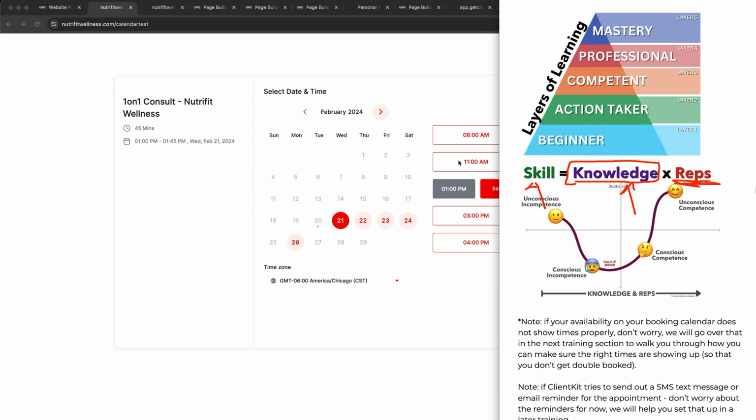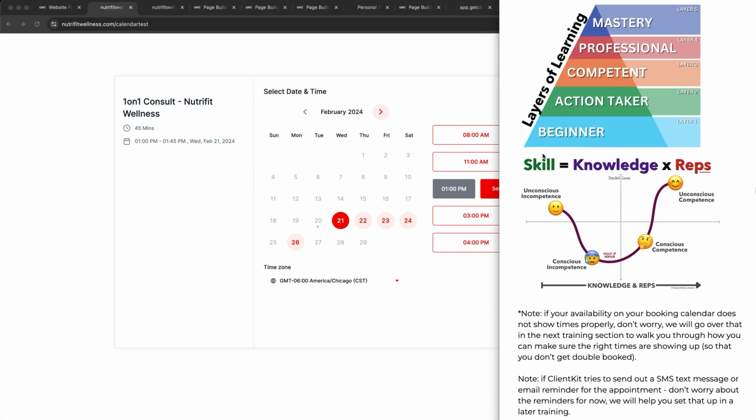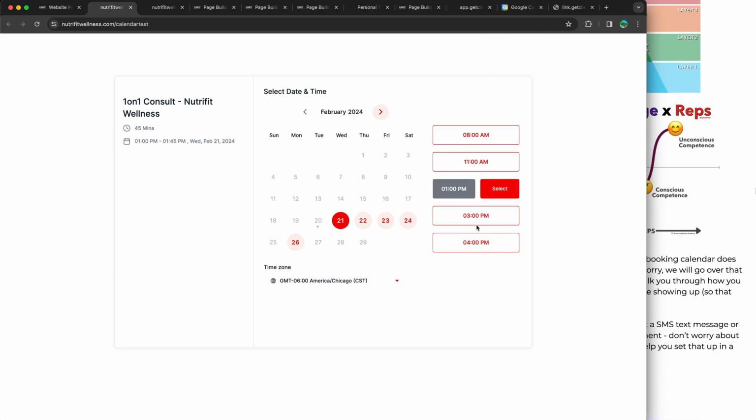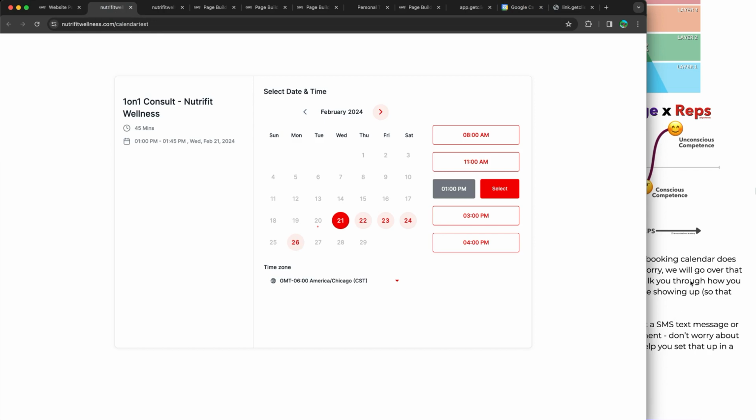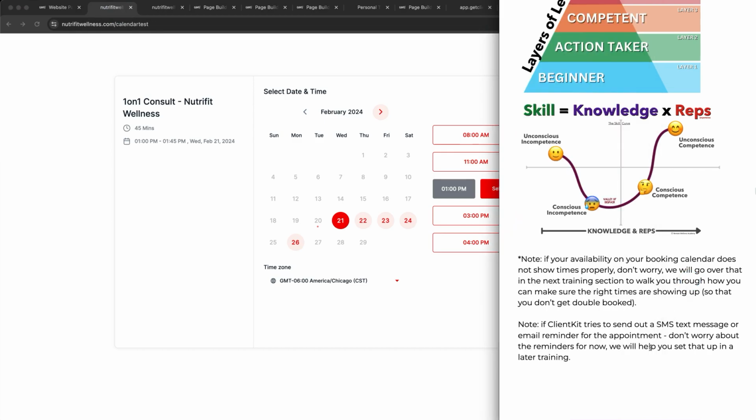Now, a couple quick points around this as well, okay? So if you do notice that your availability on this is not 100%, it's probably going to be like 60 to 70 to 80%, but you're like, you know what? I want to really fine tune this availability. What is the best system, the best approach, the best strategy to fine tune this availability? Yes, it's connected to your Google Calendar, so all of this is going to be synced there, but we're going to be walking you through in an upcoming training section on how to further fine tune your availability